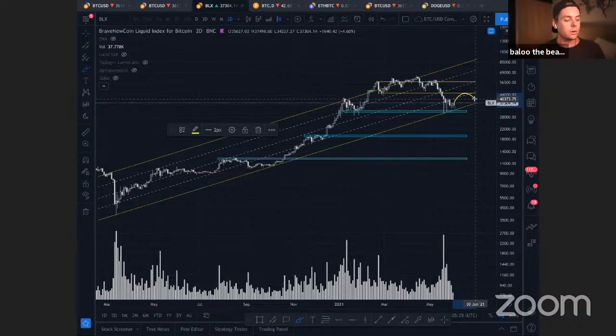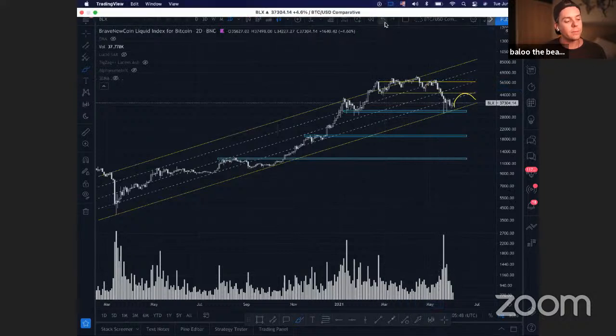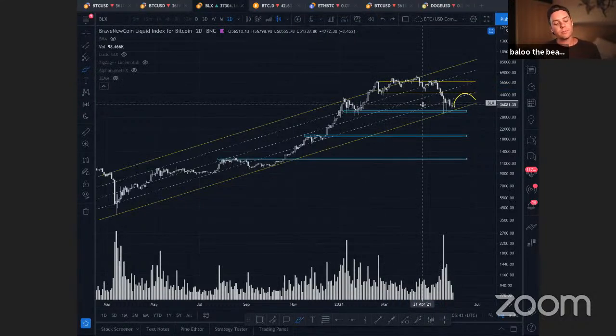Whether we work through it or not, that's the area of supply where we really need to pay attention. I de-risked a lot of my portfolio back here at a similar structure, so I'm looking for a similar sort of last point of supply to develop in that area. If you do have some bags that you're no longer crazy about, that would be a good opportunity for you to